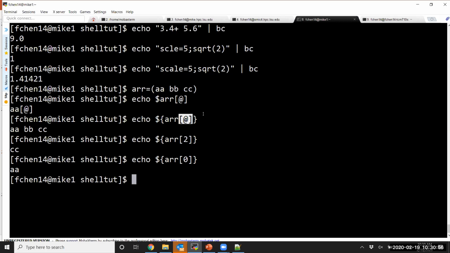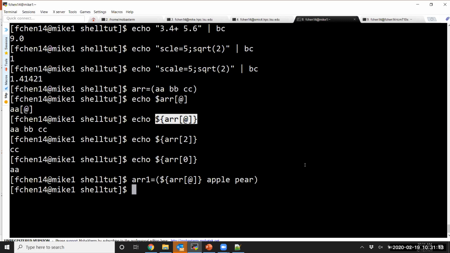And also you can add an element to an array. ARR1 is equal to, I want to define another array, and you can use here. If I want to print out ARR1,